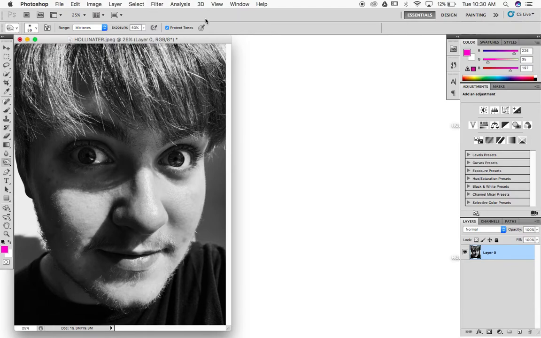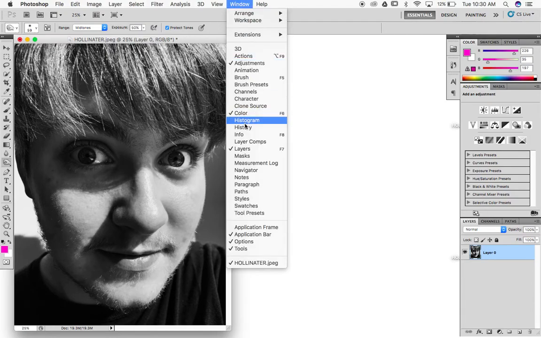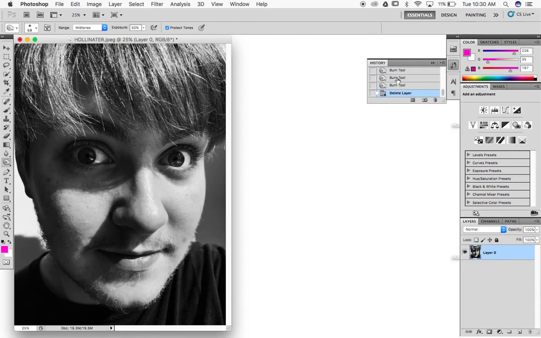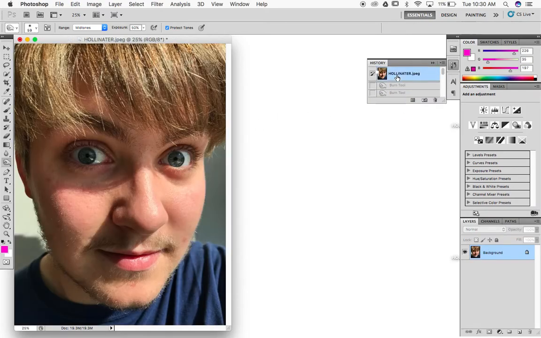All right. Now you can either drag a new picture in, or you can go to your history, and I can go all the way up to my original shot. Okay, so here's my original shot. Now I'm going to duplicate that layer, and we're going to play with the eye color. All right, so